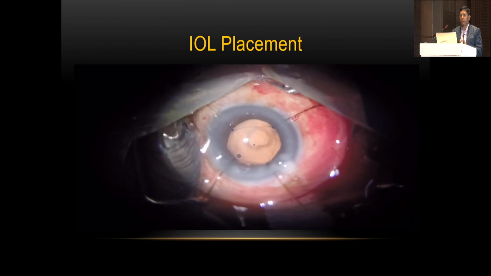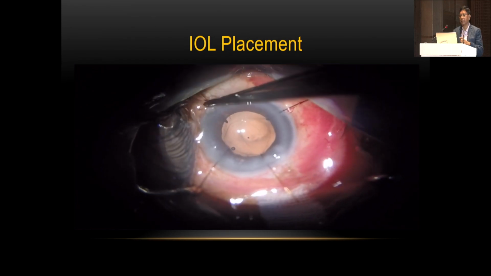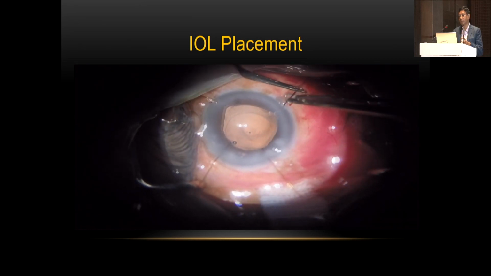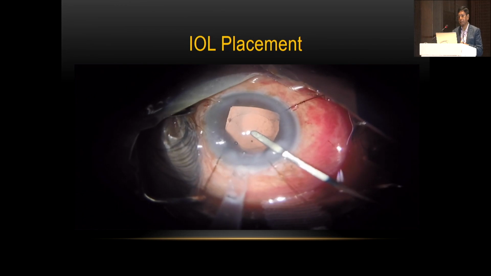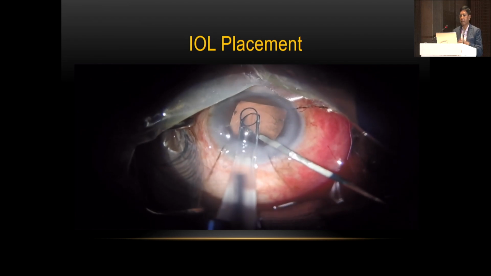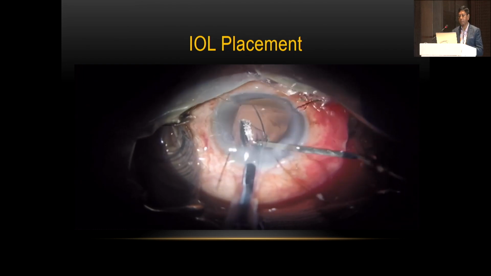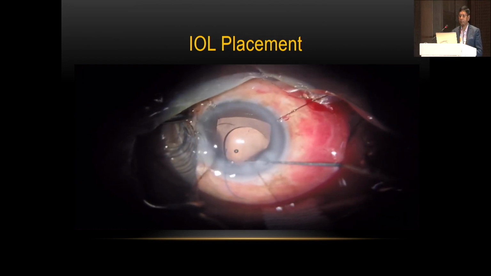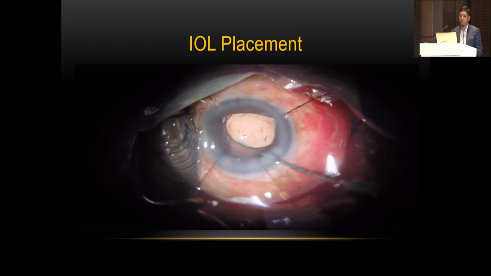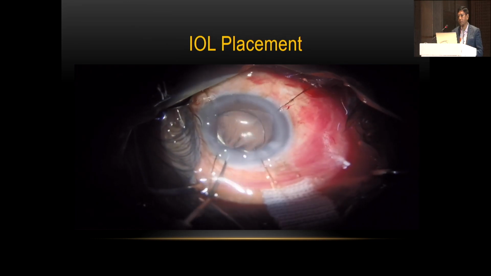In a grossly subluxated lens, it is preferable to place a 3-piece acrylic IOL in the sulcus and do reverse optic capture, so that long-term stability will be more. The optic will stabilize your bag for the long term, and late post-op dislocation will not be there. So in this case, I am planning to place the 3-piece IOL in the sulcus with reverse optic capture, so that stability will be more.